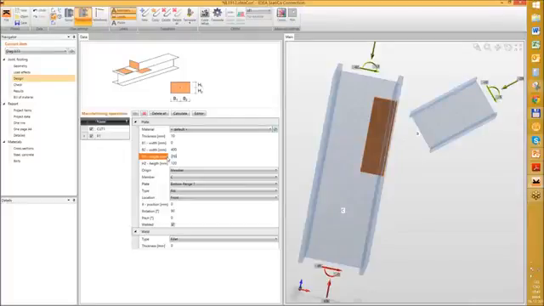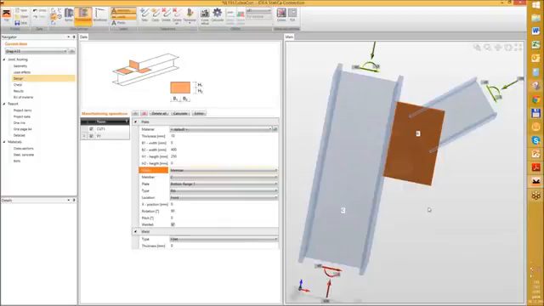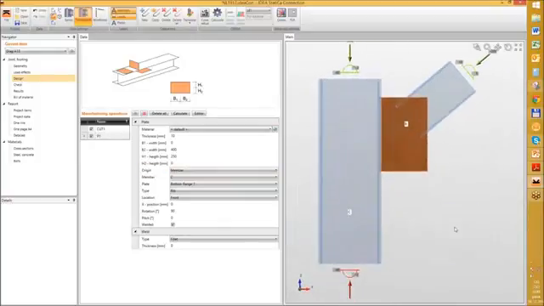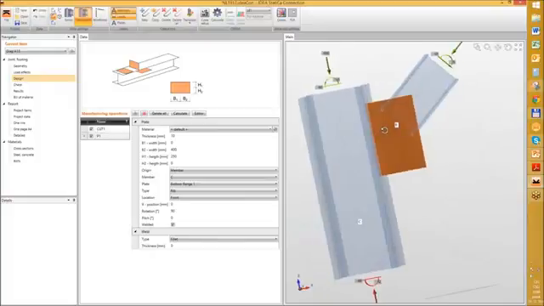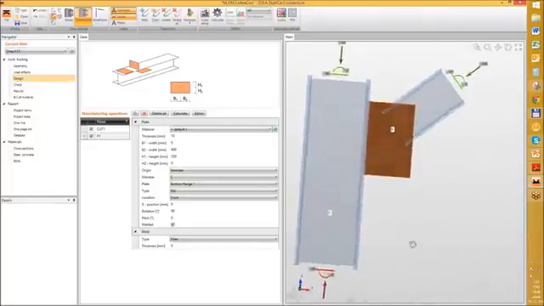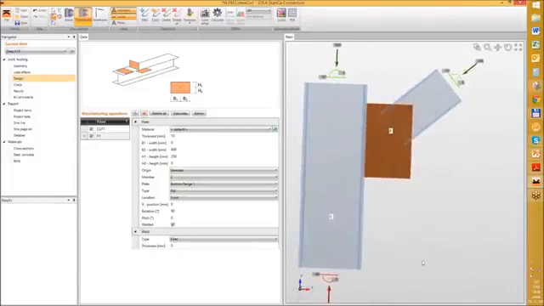So maybe here is 25, and this is 0. Yeah, so we have this plate here. It is welded here. You can see weld, and now we continue with